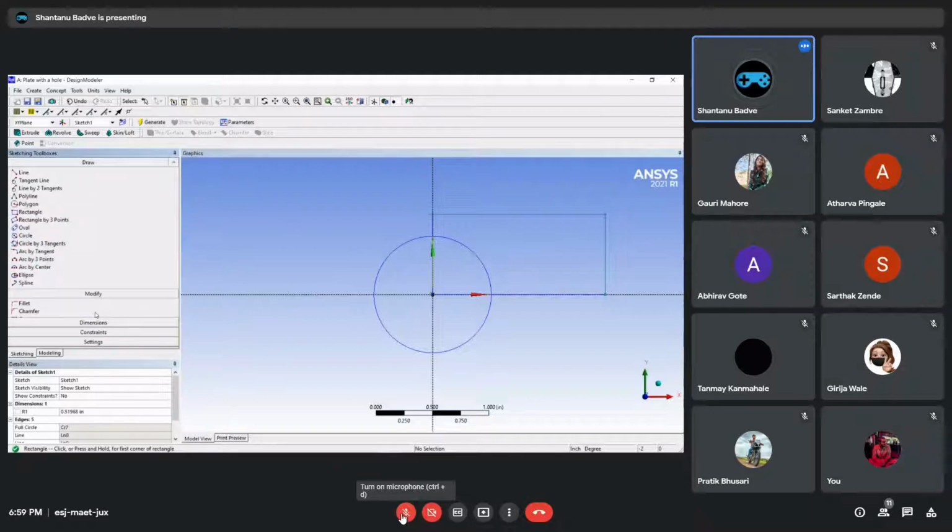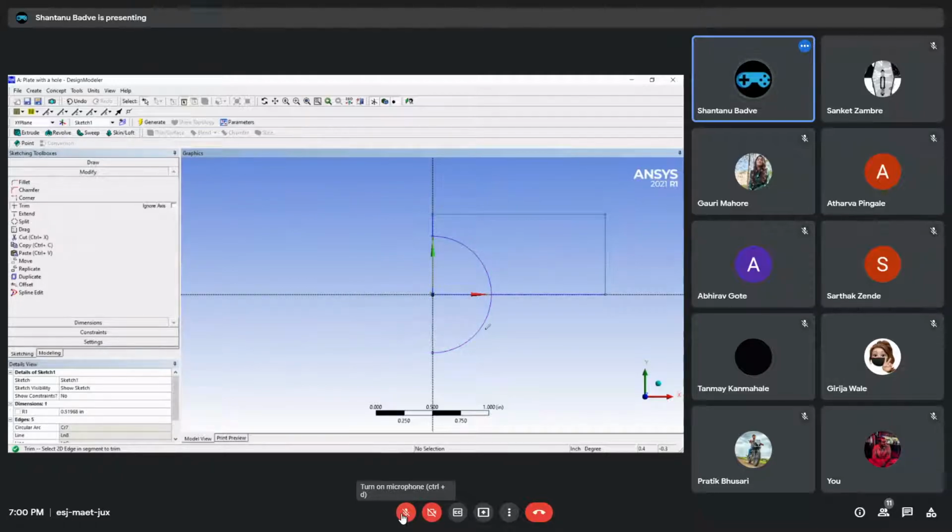Just come here into the modify tools, and then there is an option called trim in here. Just select it, and then just start removing whatever you need to remove. I said that I want to remove this edge. I will just select it. I will remove it. As you can see, it's gone now. All right. I'll select this edge. I will remove it. It's also gone now. I'll just select this, and it is also gone now.